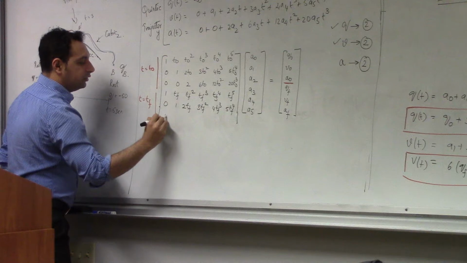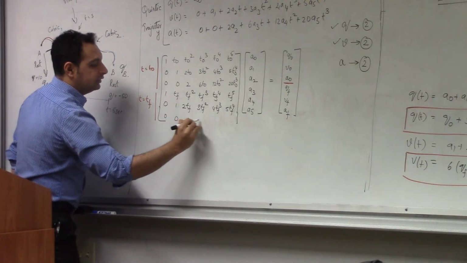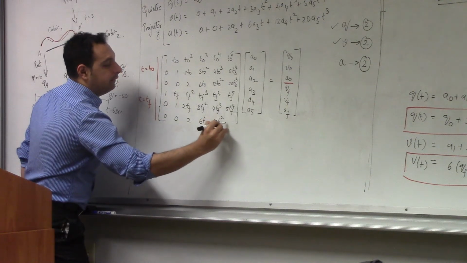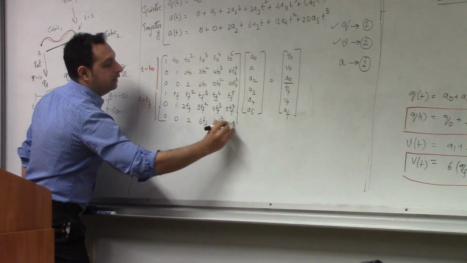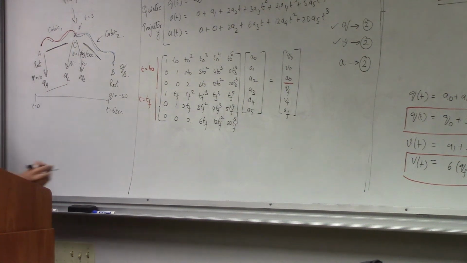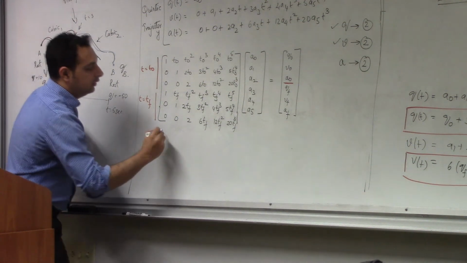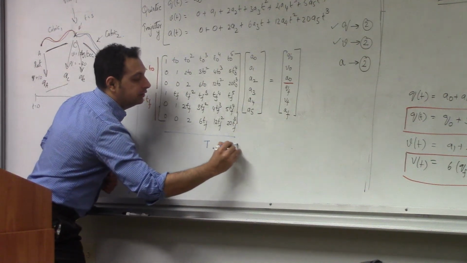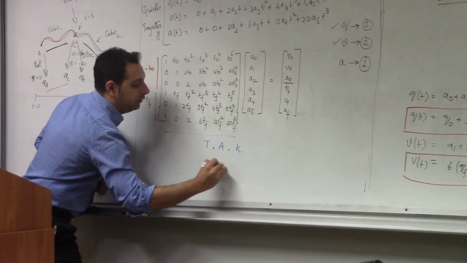Finally we'll duplicate this row, only thing is you'll have this as tf, 20 tf. So this you can solve. This is your T matrix, this is A, and this is the constant. So A will be equal to